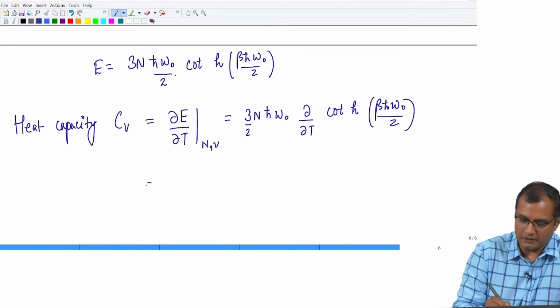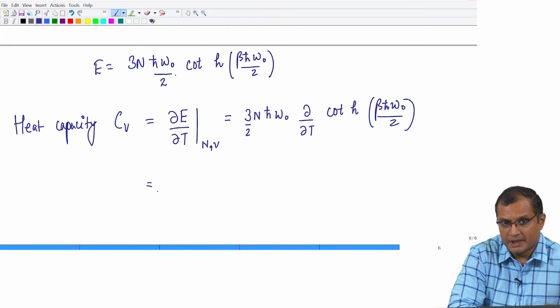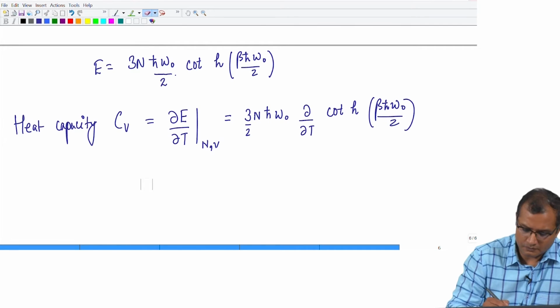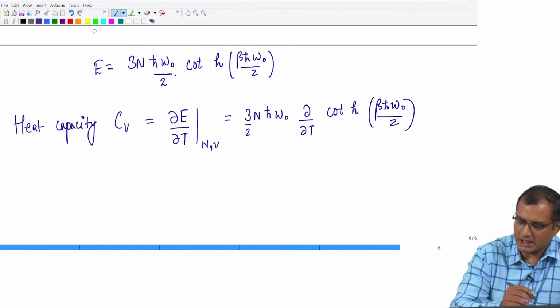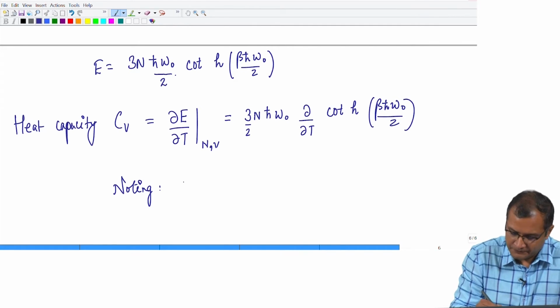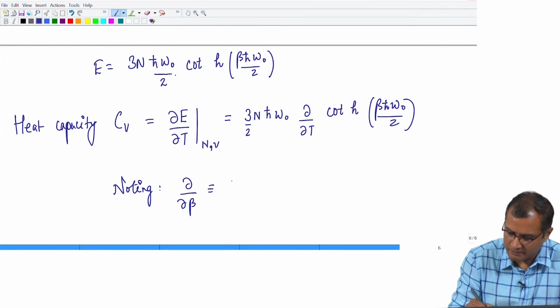Let us do it carefully. It is natural to do this derivative in terms of beta. So noting that d by d beta can be transformed into a temperature derivative,